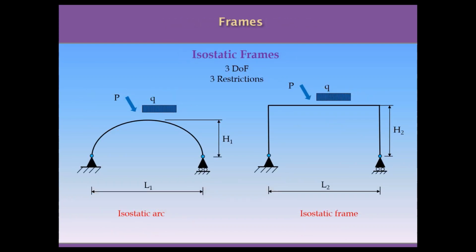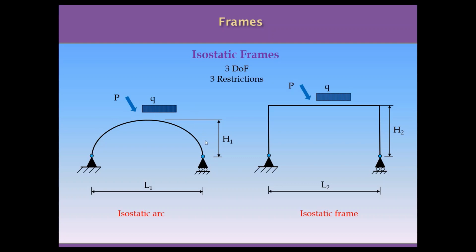The same concepts we apply to cantilever beams and simply supported beams are applied to any structure. For example, if we introduce the concept of frames, so two-dimensional structures that have two dimensions, in the horizontal direction and in the vertical direction, as an arc, for example, this arc is simply supported as a simply supported beam, so it's a simply supported